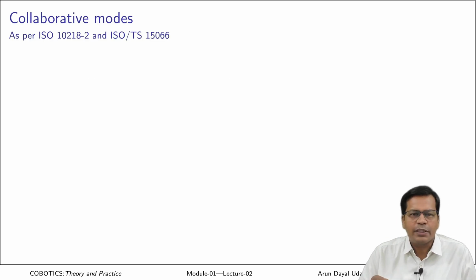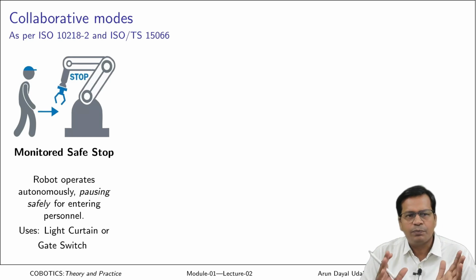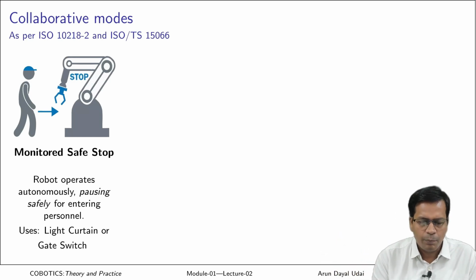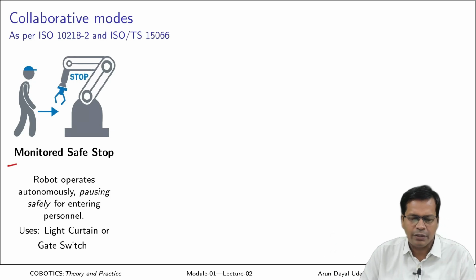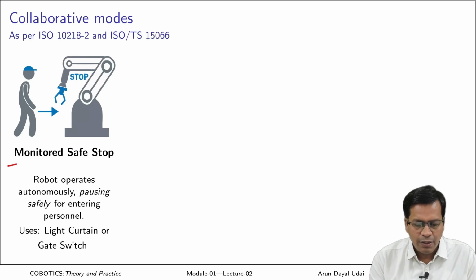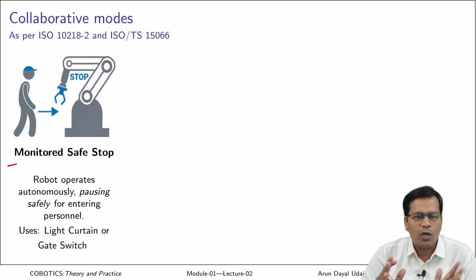So what are collaborative modes? As per ISO 10218-2 and ISO TS 15066, they are broadly classified in 4 categories. The first one is monitored safe stop. So what is that? In this case the robot operates autonomously and it pauses safely for any entering